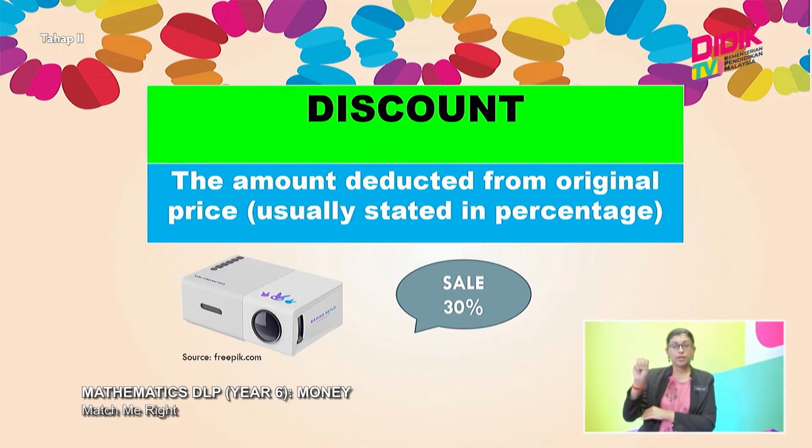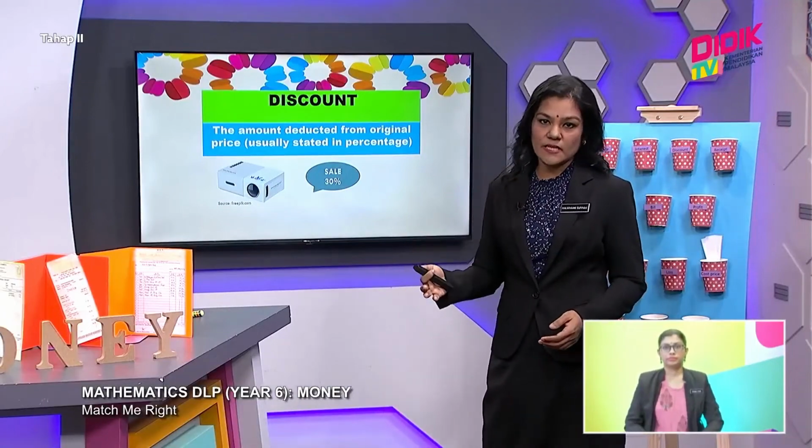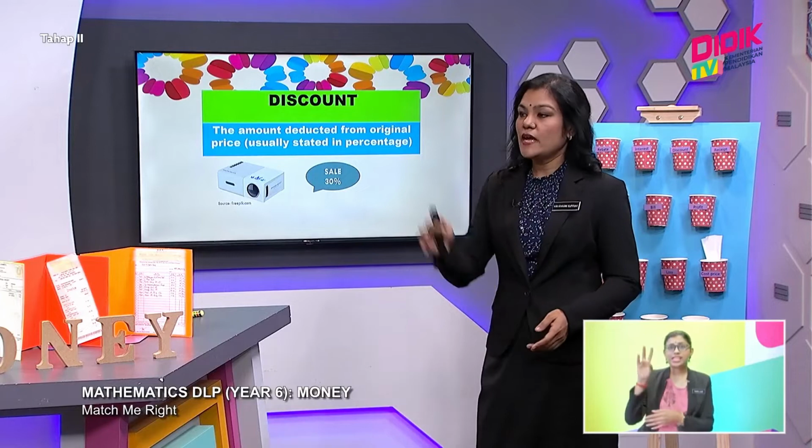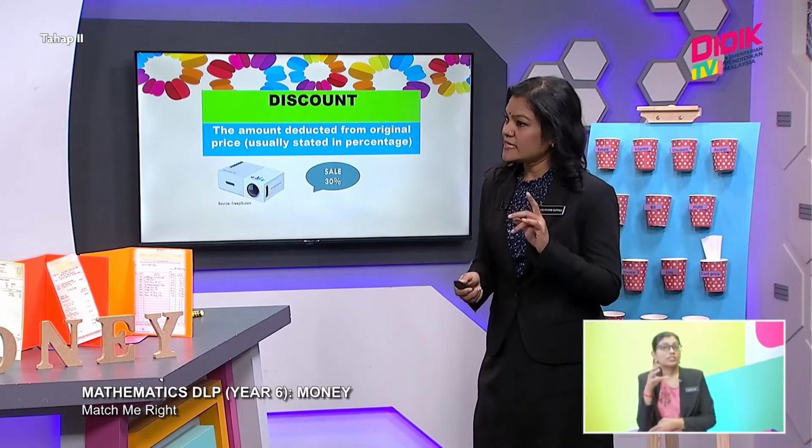Have you visited shopping complexes, Sogo, Parkson? Usually they have the year-end sale, right? Yes, correct. Festival sales during the festivals. What will you see? I usually see discount 50%, discount 30%. Of course, discount 70%, all the people like, right? They grab for that 70%. So normally we will see 10%, 50%, 20%, up to 70% discount. So it depends on the discount. Normally it is in percentage. So that is the discount.